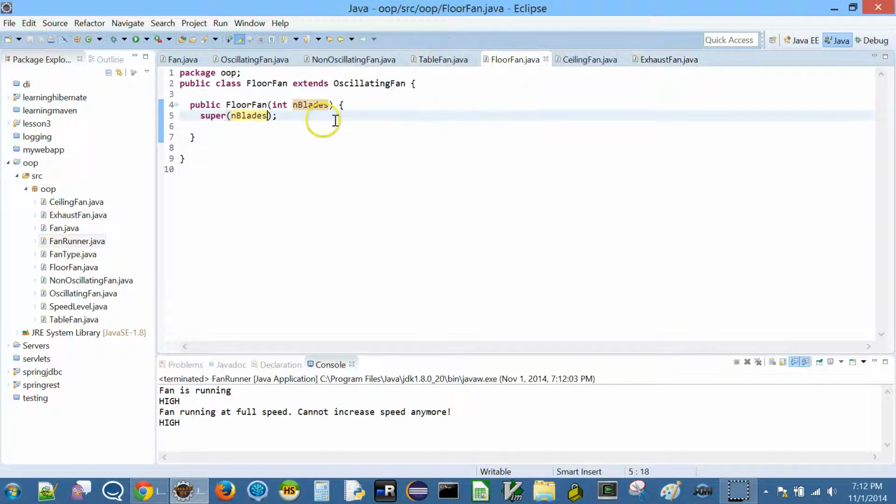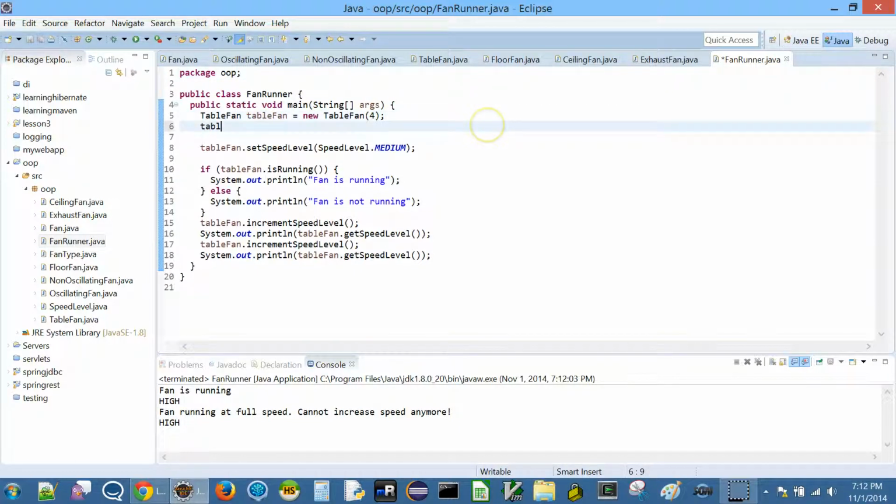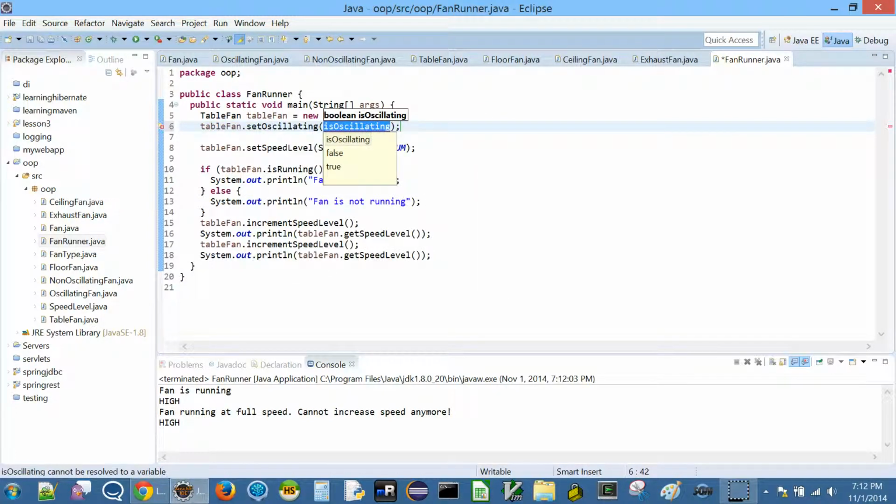Table fan and floor fan oscillate, so these two inherit the oscillating. So this way nobody can, for example, go to the fan runner, right, and try to set oscillating on a ceiling fan. You say table fan dot set oscillating, right? It's going to be there because table fan can be set to oscillating.